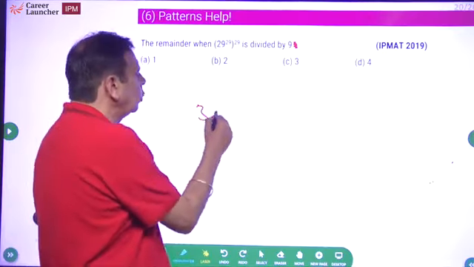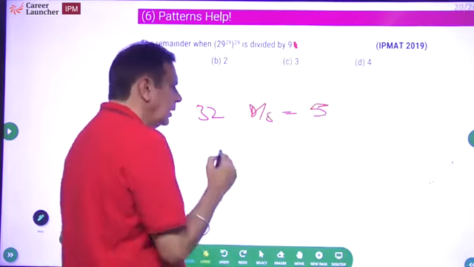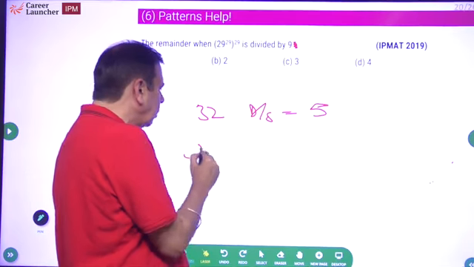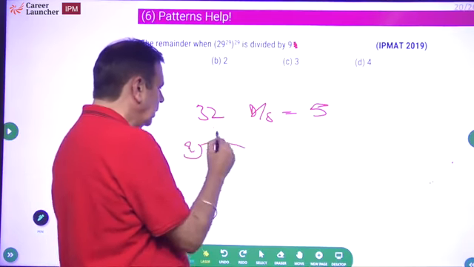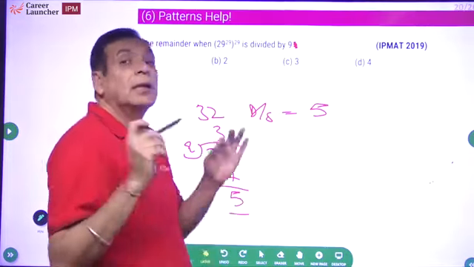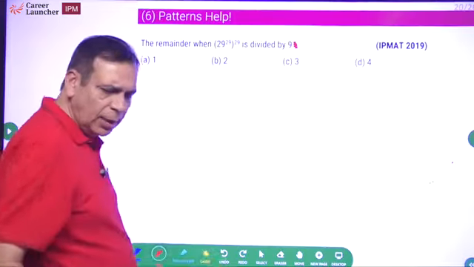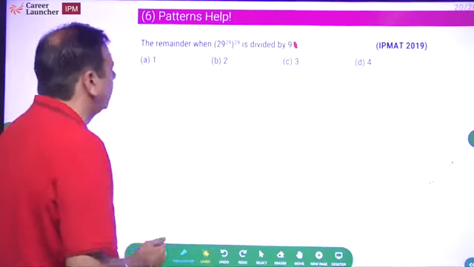So if you look at 32, what is the digit sum? 3 plus 2, 5. Remainder on dividing 32 by 9? 9 3s are 27. Remainder 5. What does this mean? Do the digit sum. Whatever number you get is the remainder when you divide the number by 9. Okay? Now let's look at this. Let's come to this, because you had forgotten this. It was important to remind you.